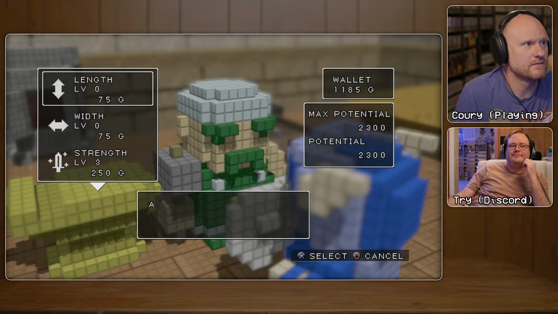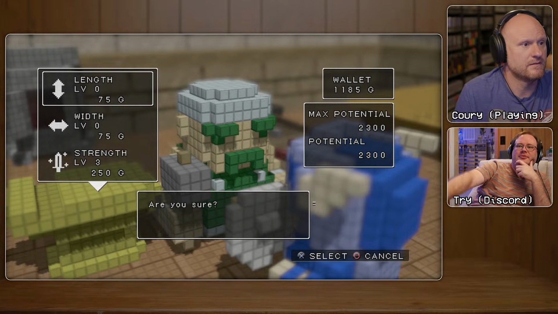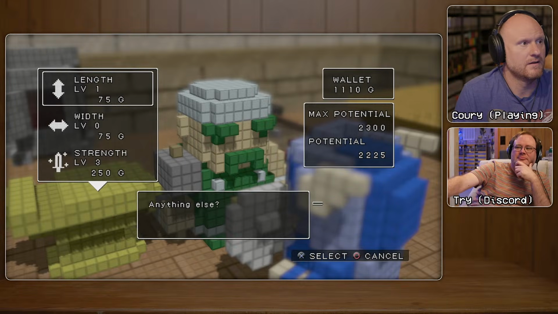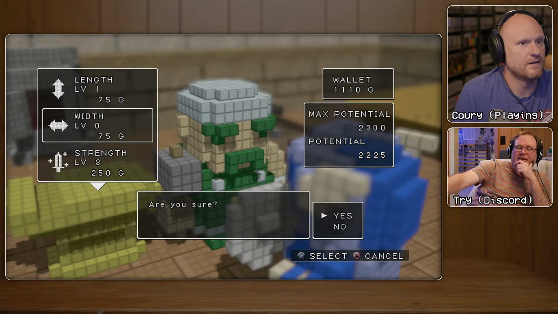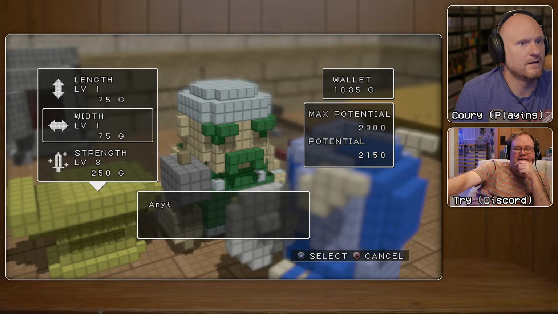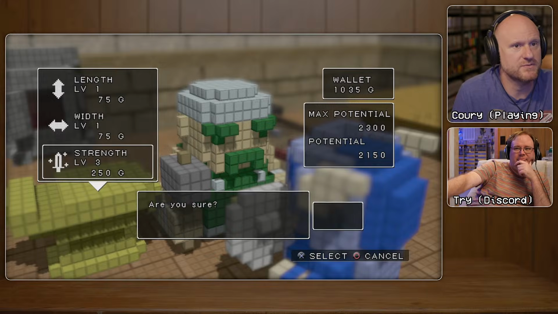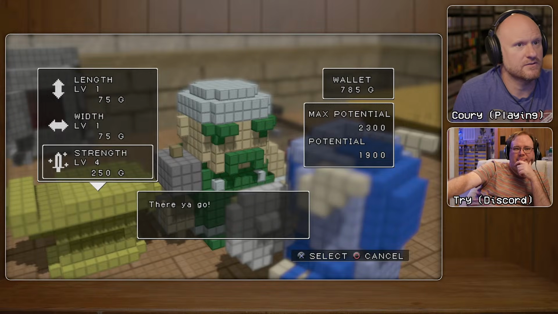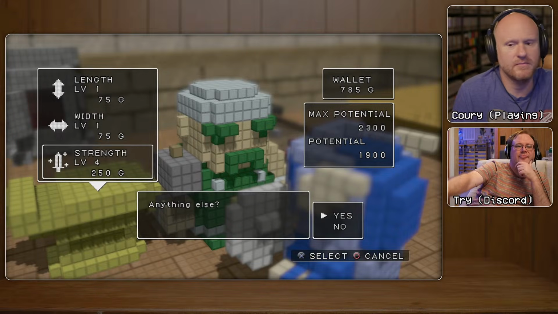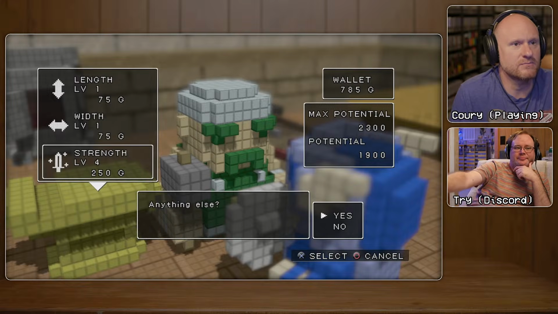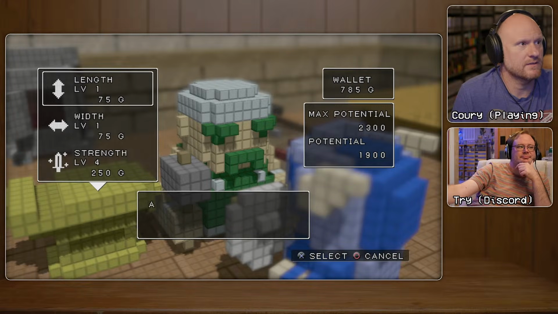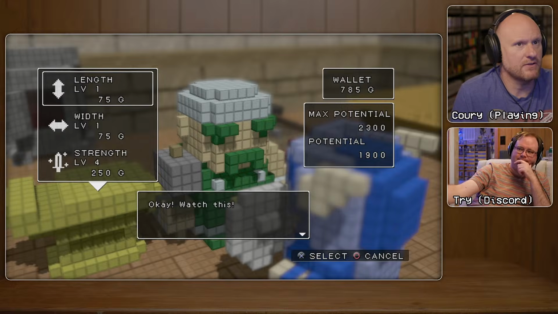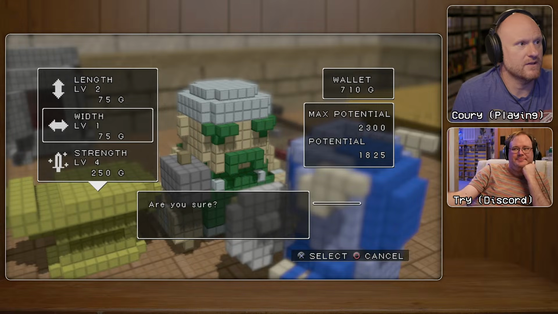I can power up my weapon here. Ooh. Length, width, and strength. Oh, you can only do a maximum potential, so it's not like you can just dump a whole bunch of money in. Or is it? I don't know. It seems weird. It's just max potential and potential, because it seems like you can just... I have a lot of money right now, so I might as well make these. But anyway,